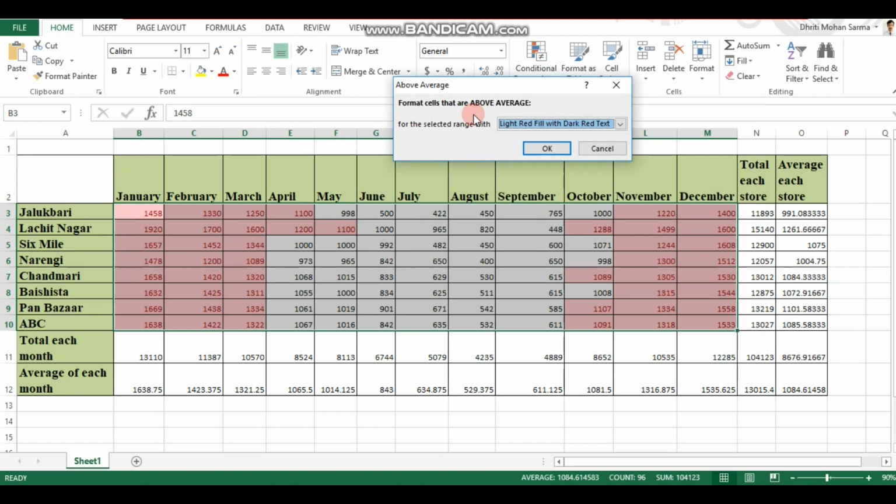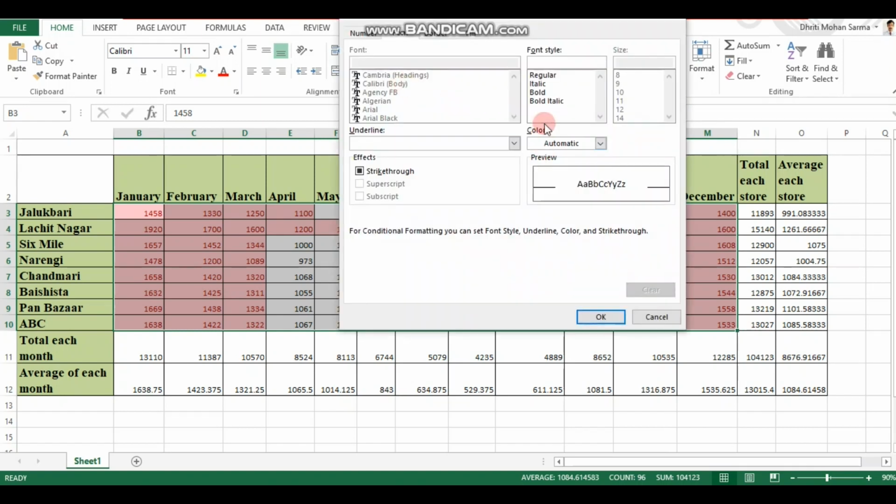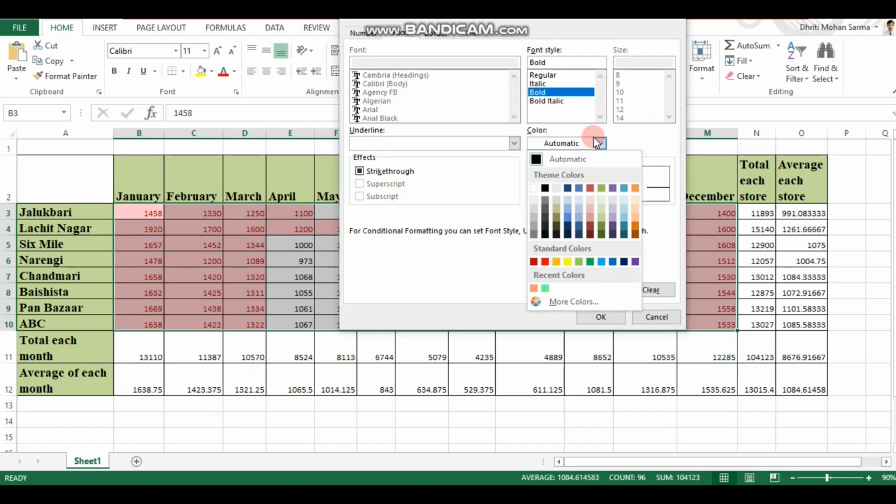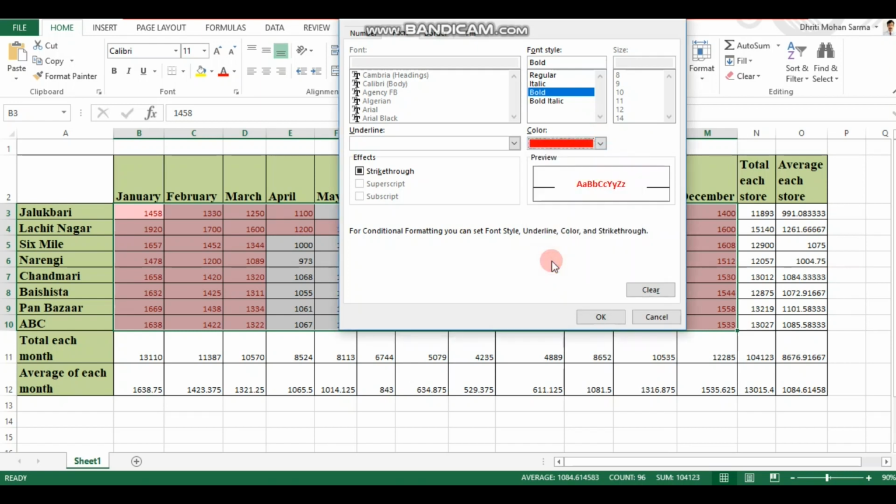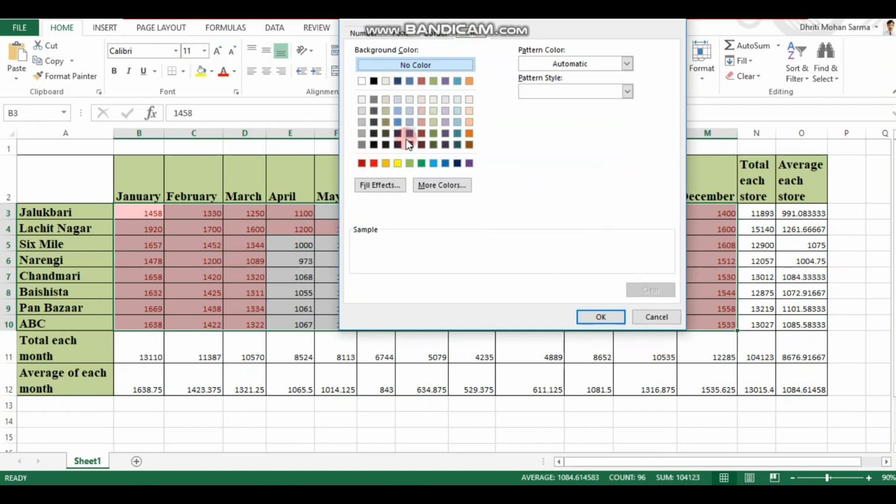Obviously you don't have to put anything here because the average is calculated automatically. You just have to specify what kind of marking you want. So let's go for custom. Let's make it bold. And for the color, because it's above average, so it's a good thing, right? Let's give the text a red color, and for the fill, a light green color with some patterns.